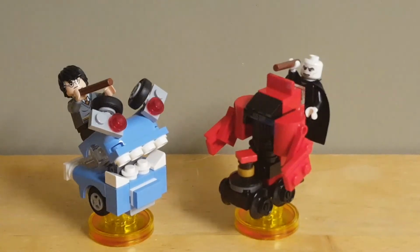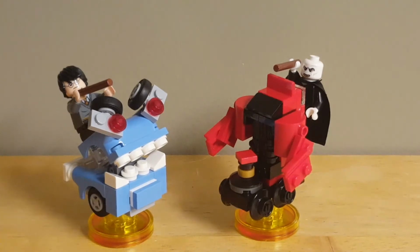pack. So overall, for $25, would I recommend the LEGO Dimensions Harry Potter Team Pack? It's actually kind of a hard question to answer, because when this pack came out, I was so hyped. This pack came out in 2016. There hadn't been LEGO Harry Potter sets since 2011, so getting these was huge. I was super excited to get this pack, but when I got it, I came away a bit